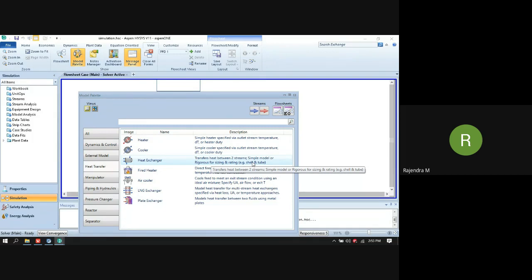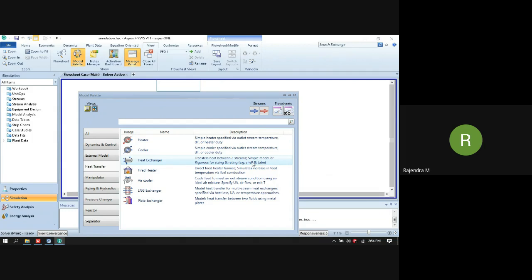In the current version of Aspen HYSYS, they have embedded the exchanger design and rating software. As I showed you earlier, Aspen Exchanger Design is another dedicated software. You will get the detailed design of a heat exchanger, number of tubes, flange, even mechanical design, in the EDR software.